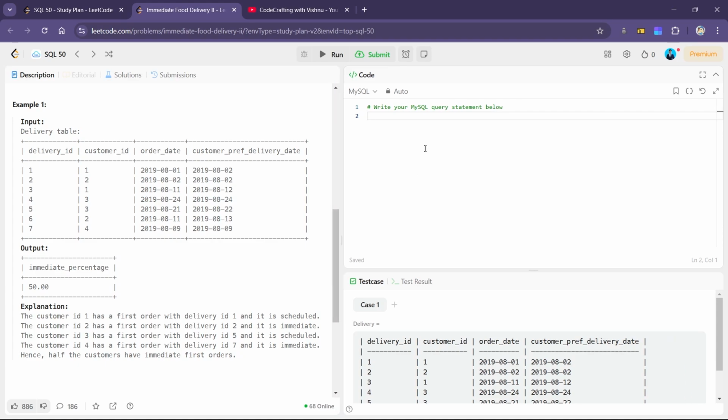So, WITH, say, earliest_date AS SELECT customer_id, something AS first_date FROM delivery. And how can we select this first date? To select the first date for each customer, we have to group by customer ID, right? So I'll group by